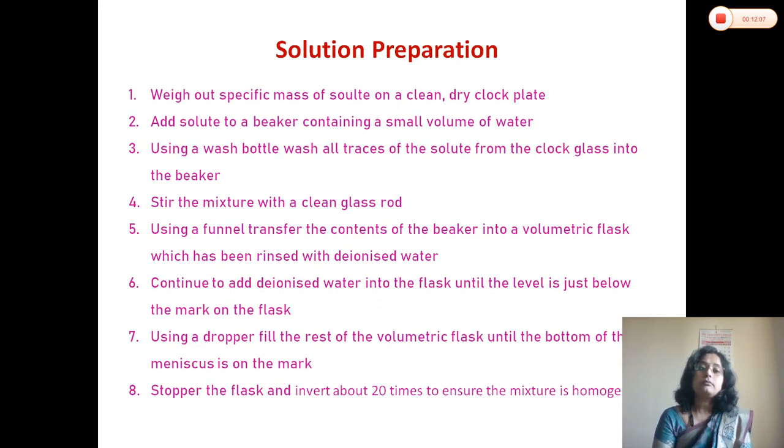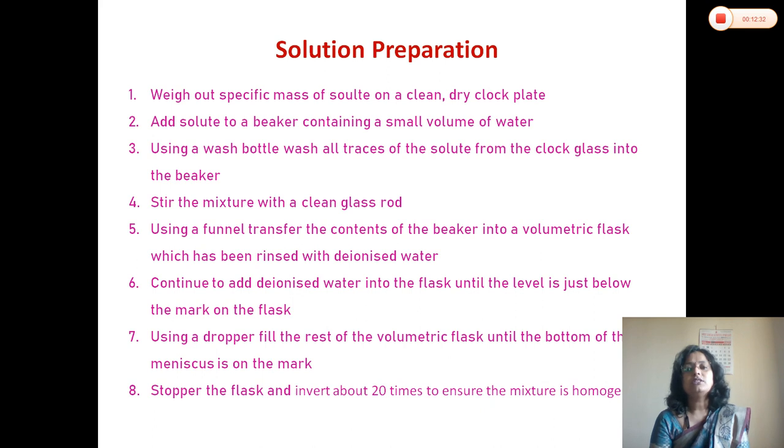Now next we have the most important part, how to prepare the solution. When we are performing various experiments in a laboratory, we need solutions of different concentrations and we have to prepare those solutions in the laboratory. Some solutions can remain at the same concentration many hours after preparation, but there are